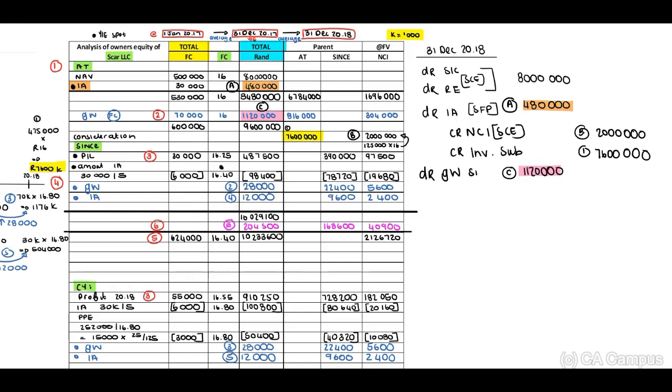11,020,000 in my statement of financial position. Remember, you need to use your analysis of owner's equity as your guidance. Now, when you look at this, we have recognized our amortization at acquisition. You now need to refer to the since period. In terms of the since period, we had to recognize additional amortization. Therefore, guys, this